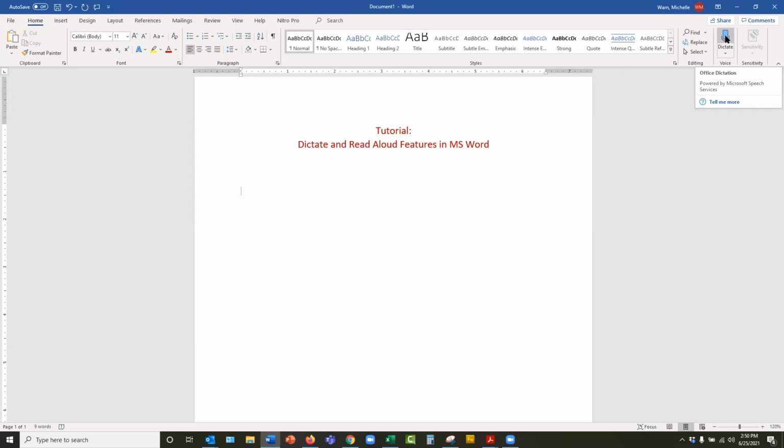When I click it, it begins recording as I speak. So here I am, and you can see that the little red recording button is on, telling me the dictate is working. Notice that it's pretty much typing what I'm saying, period. Now I can use punctuation. When I say the word period, it should put the period there, okay? It didn't put it the first time. So you have to be deliberate with periods,